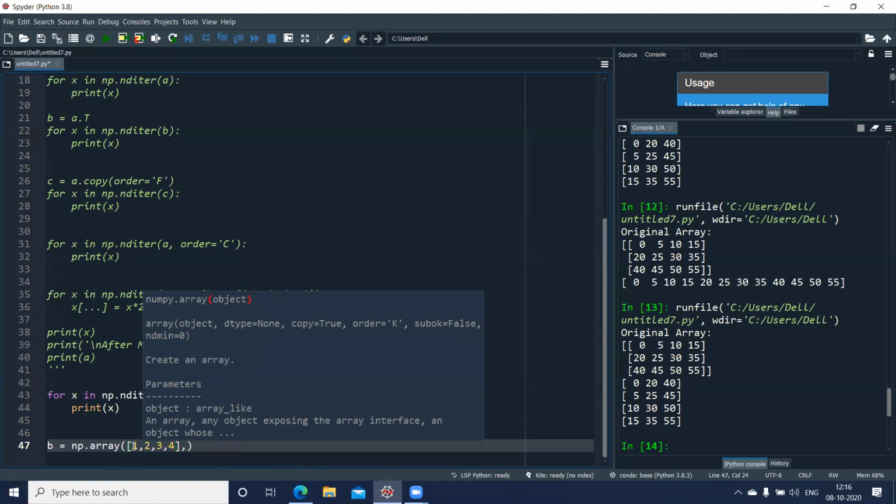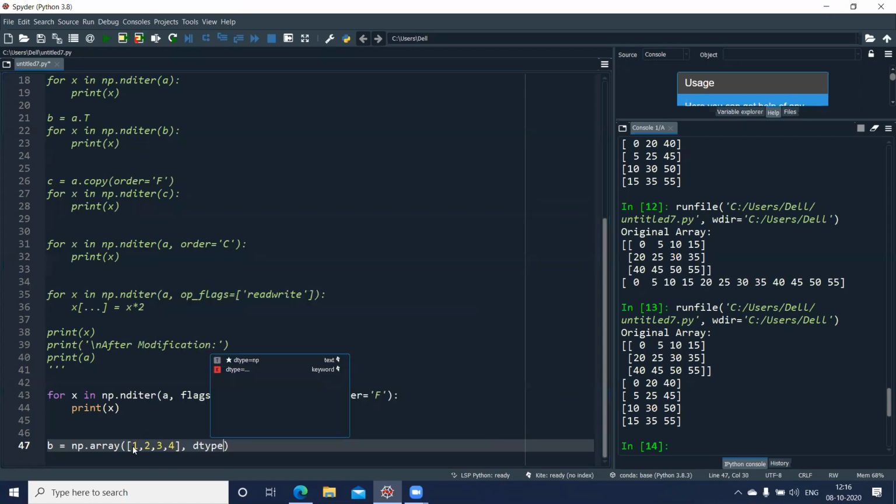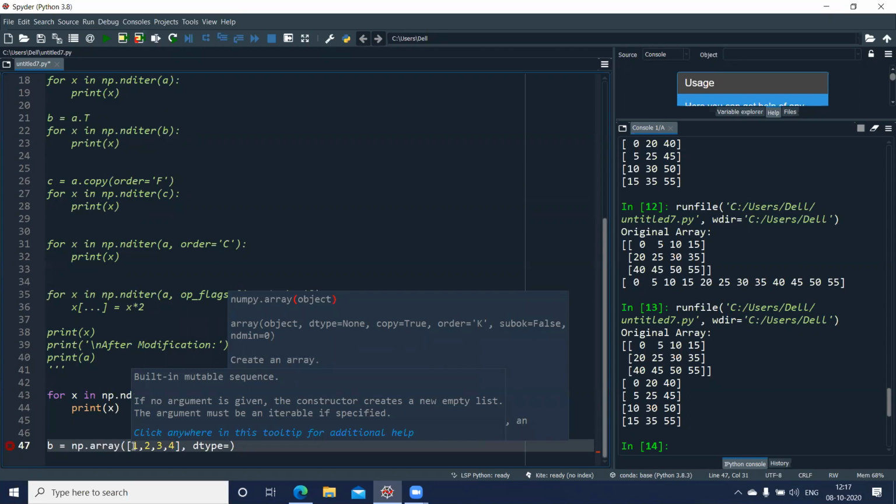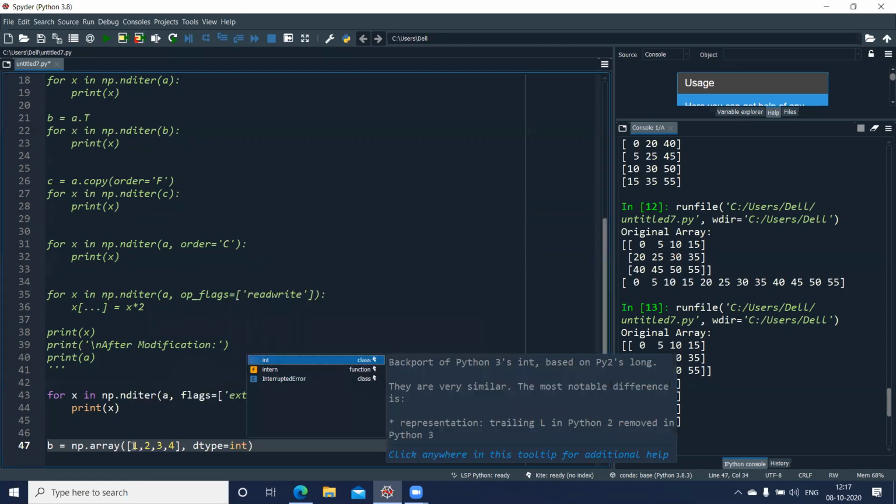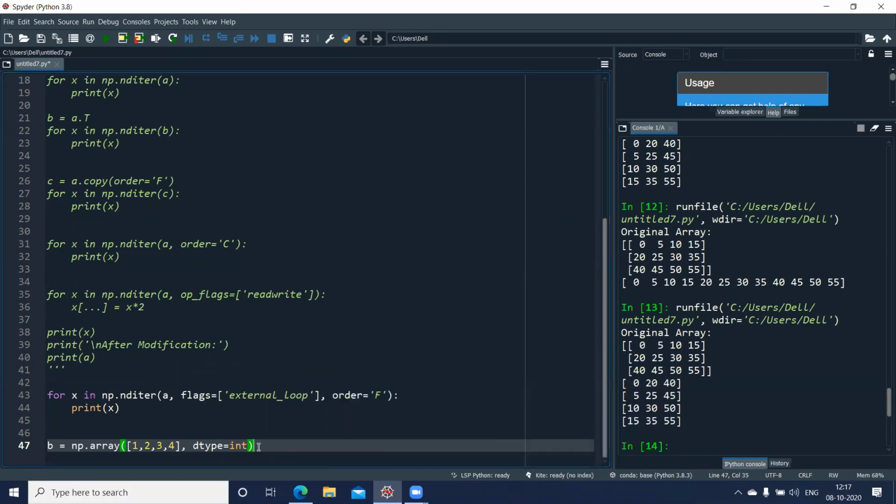I can also mention the data type. To mention the data type, as you know, we use dtype. So dtype equal to either np.int, options are the various data types available, or simply you can use the Python integer type. So we can give int directly also. Okay, so this is my 1D array.